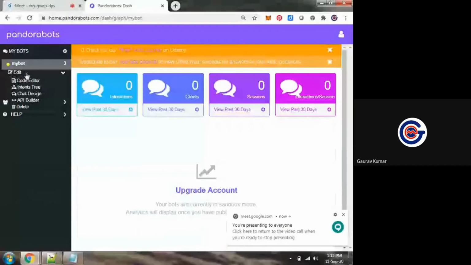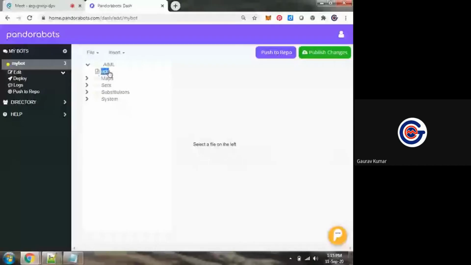In this code editor, there is a file, AIML UDC, and we will open it at the right-hand side. Its source code will be opened.